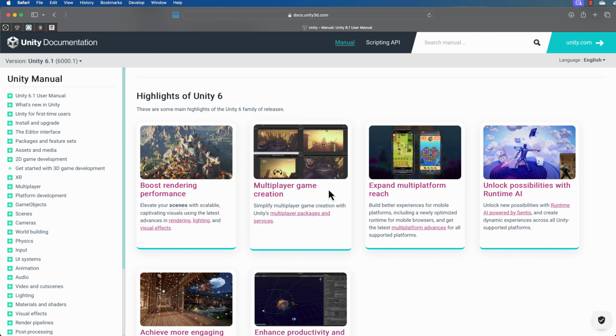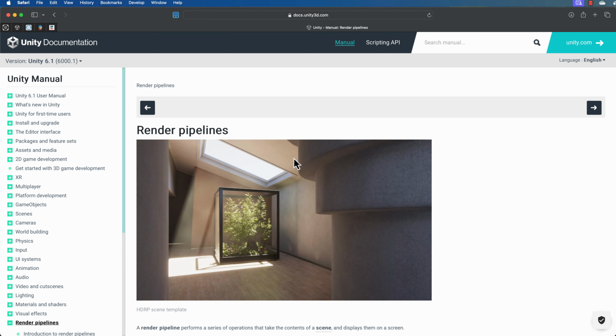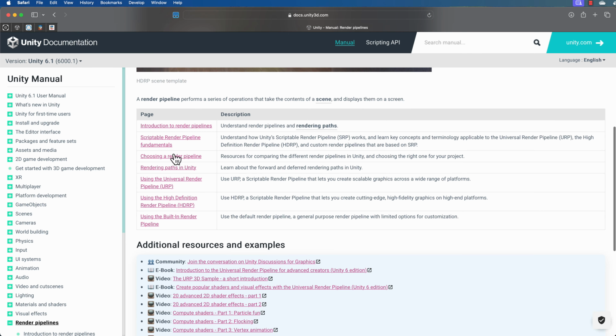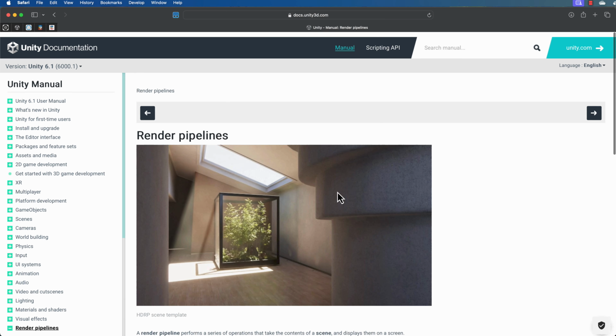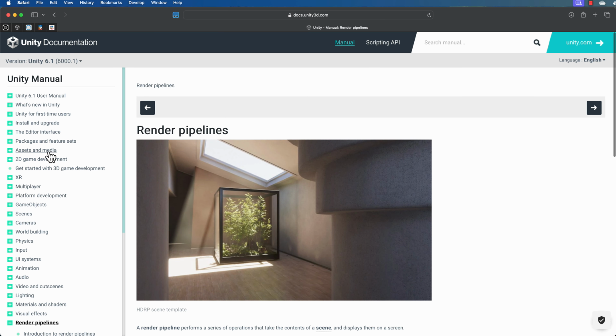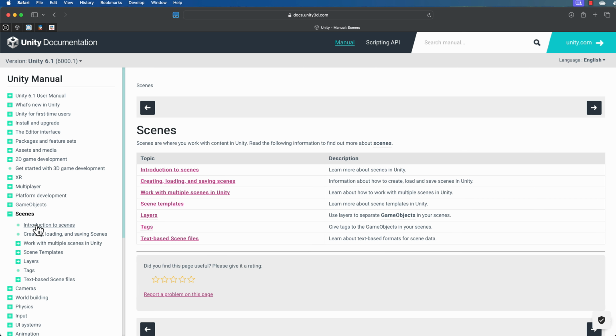There's also links to, like, let's go and play a game, or let's go and build this. In this particular case, there's something about boosting rendering performance, so making your game look really cool, and talking through the rendering pipelines and all the different ways that you can render. Now, eventually down the track, we'll get to talking about the different looks that you can set up for your game. But for now, just search through here and have a little look at all these different bits and